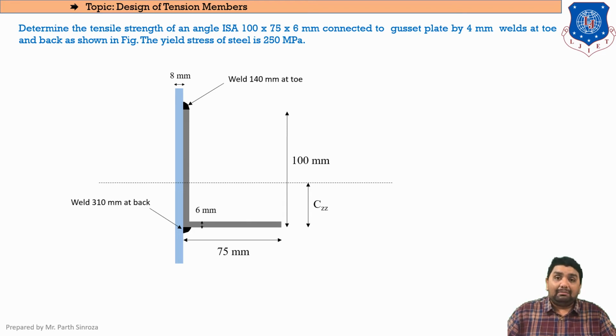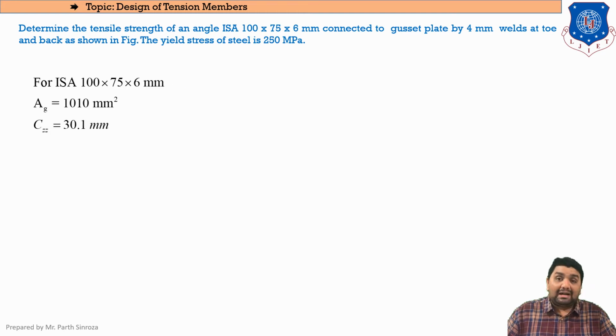Clear? Now again, keep in mind, whenever there is a welding being asked, you always need to find the CG of it. Clear? So for CG purposes, the distance that we will be taking is considered to be CZZ. You can take CXX as per our steel table, that will be good. So the first thing, while starting our sum, will be to find the area, that is gross area, and our center of gravity. Both the things can be obtained from our steel table.